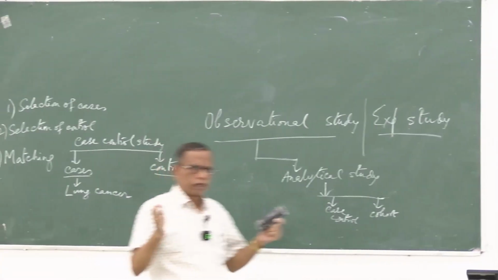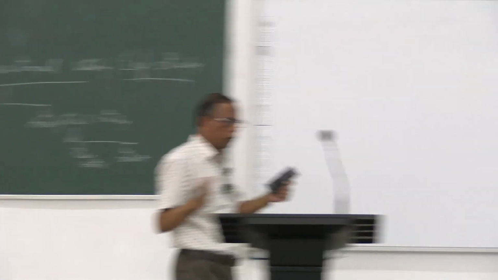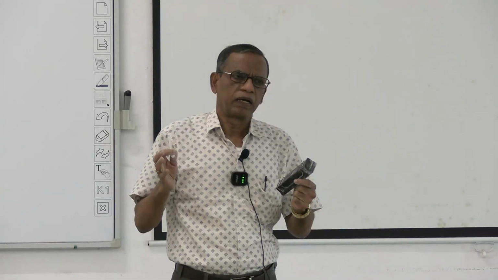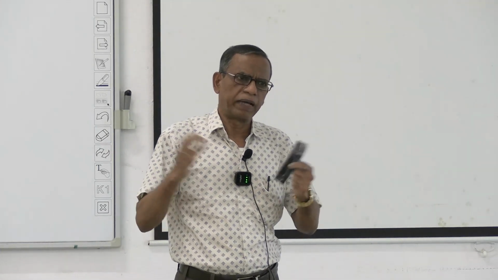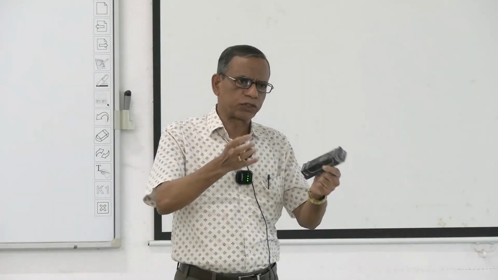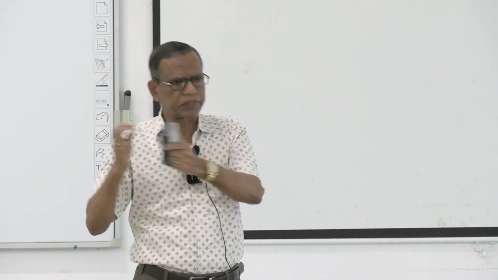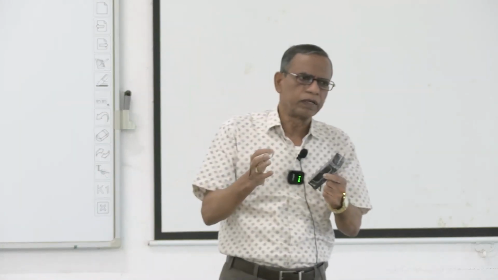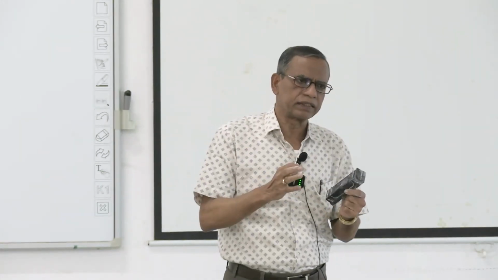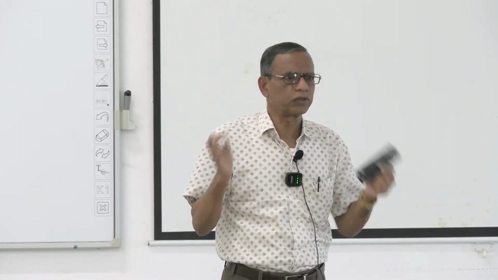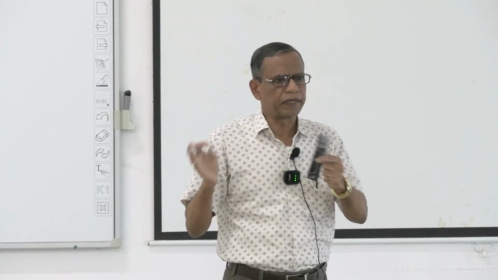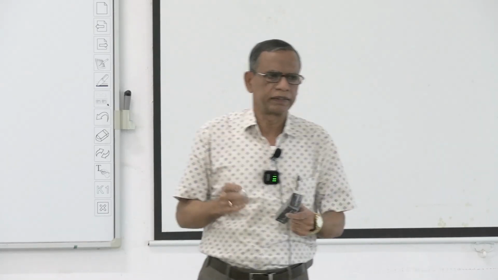Matching means case group and control group will match with almost all aspects. Suppose in case group, if the age group is 50 to 60 years, and in the control group, if the age is 20 to 30 years, your result will be erroneous. So there will be matching among various groups. That is group matching. Another is